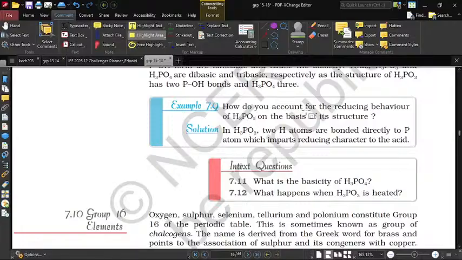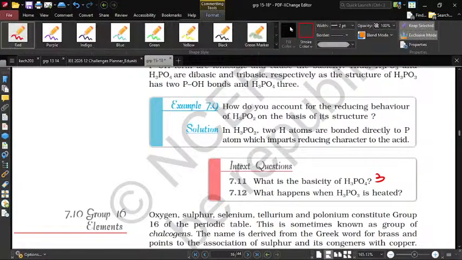How do you account for the reducing behavior of H3PO2 on the basis of its structure? इसमें P डबल बॉन्ड O, फिर एक POH और दो PH बन गए, जिस वजह से इसका reducing character आ गया। Basicity of this is 2... नहीं, 3 होगा। और what happens when this is heated? It will decompose into H3PO4 और PH3।